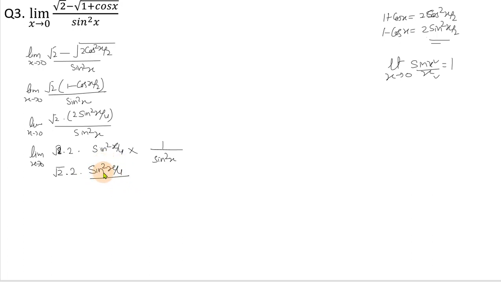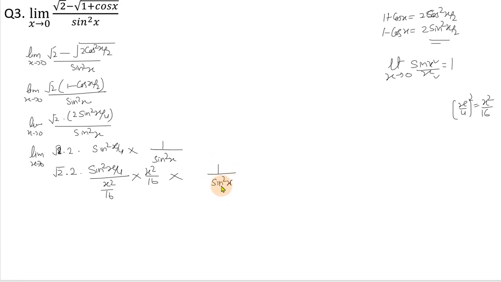So you have to keep it in mind whenever you have square and cube of the ratio. Same is to be taken for the angle. Here the angle is x by 4. So if you square this angle, that is x square by 16. Now divide this term sin square x by 4 by x square by 16 and multiply it by x square by 16. Same is for 1 upon sin square x.